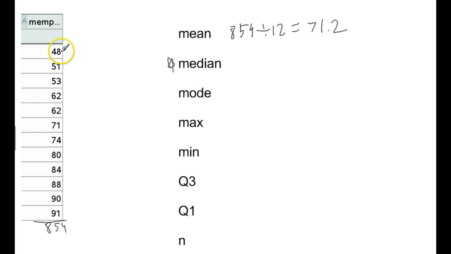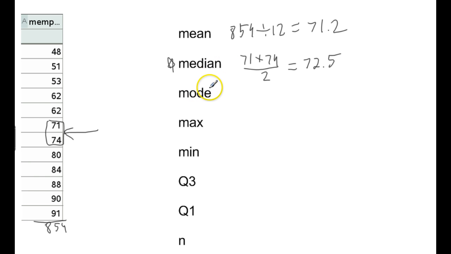The median is different, though. It's the number in the middle. And so you just count out 1, 2, 3, 4, 5, 6. Right there is the middle of the data. And you notice there are two data pieces right in the middle. If that happens, you basically just add those up. You say 71 plus 74, divide by 2. That averages them. And you get 72.5, which is the median high temperature in Memphis.